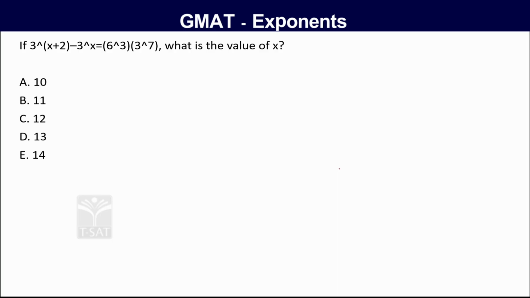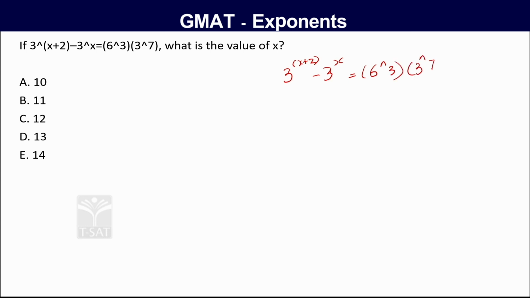3 to the power of x plus 2 minus 3 to the power of x is equal to 6 to the power of 3 into 3 to the power of 7. What is the value of x? 3 to the power of x plus 2 minus 3 to the power of x is equal to 6 to the power of 3 into 3 to the